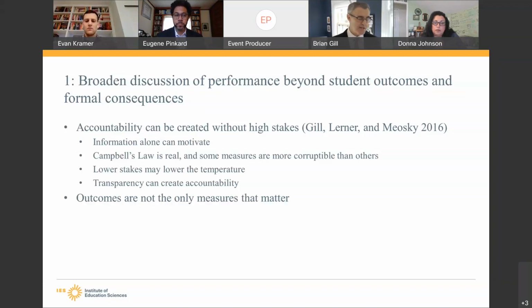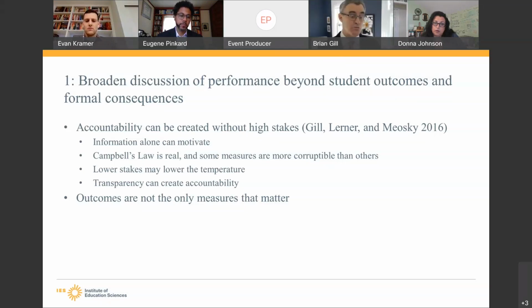In education policy in the last 20 years, when we've used the word accountability, we have tended to mean something very specific, which is formal consequences attached to student outcomes. But in fact, there's lots of evidence from cognitive science and psychology that there are many other ways to create accountability too. Formal consequences for outcomes is only one of them.